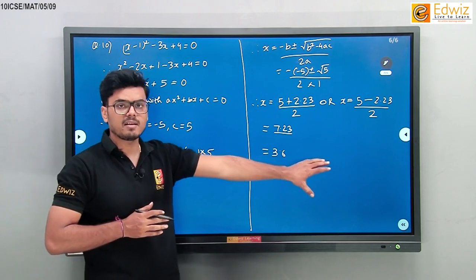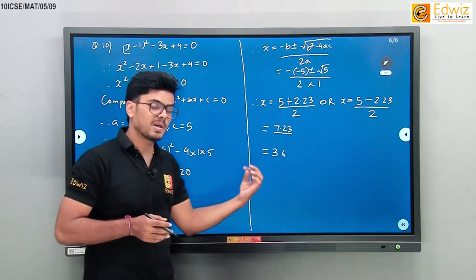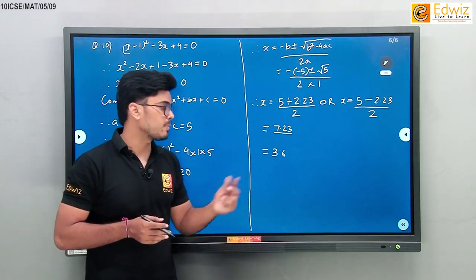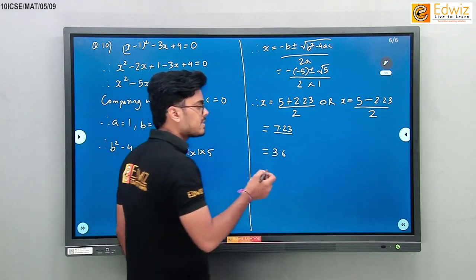Remember, this is very different from writing the answer correct to 2 decimal places. Okay, in that case we needed 2 digits after the decimal. Here we need 2 significant digits. That means 2 digits should be present in your answer. That's it. Okay. Now in the second case,